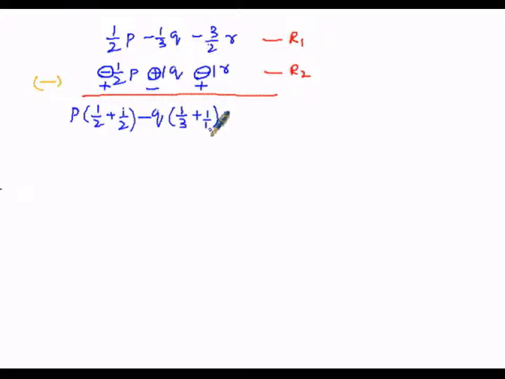And among these two, here plus 1r and here minus 3 by 2 r is left over. So I want to take plus r as common. When plus r is taken as common here, then just 1 is left over. Then plus into minus will be the minus sign and r is already taken out. So just 3 by 2 is left over inside. Then by performing the calculation part, half plus half and 1 by 3 plus 1 by 2 and 1 minus 3 by 2, the missing denominator is 1.